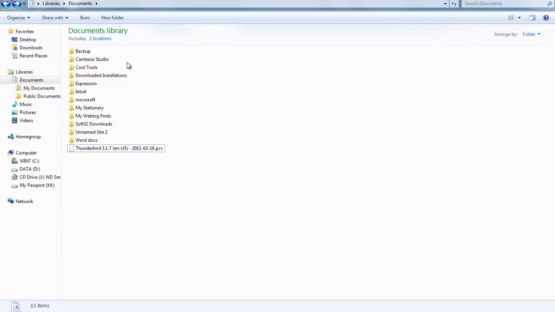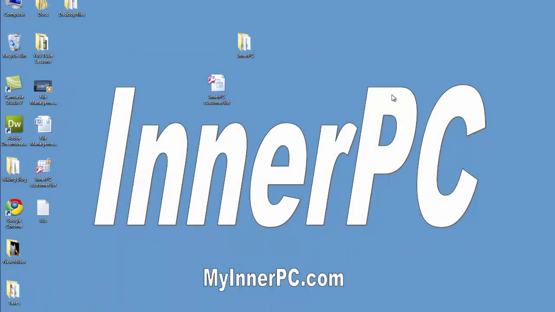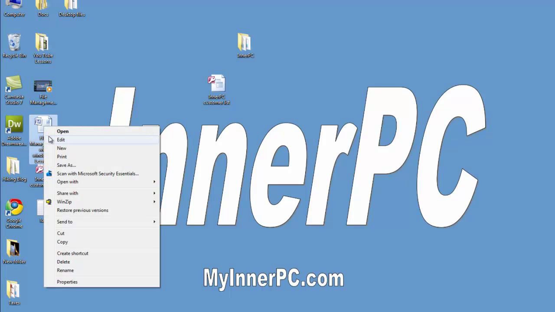So the question is, we have on our desktop, let's say, a Word file called File Management. If I want to get this file to the Word Documents folder, how do I do that? This is where we need to go kind of slow to get around the computer. First of all, we do need to copy the file, and we're going to do that by right-clicking on the file,